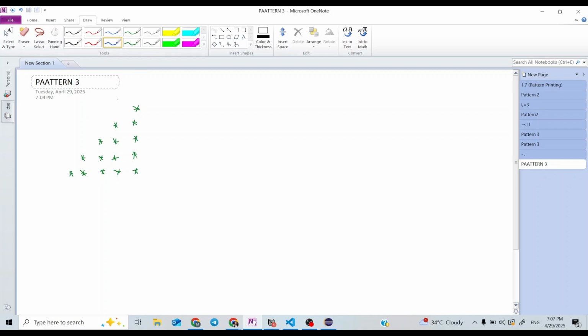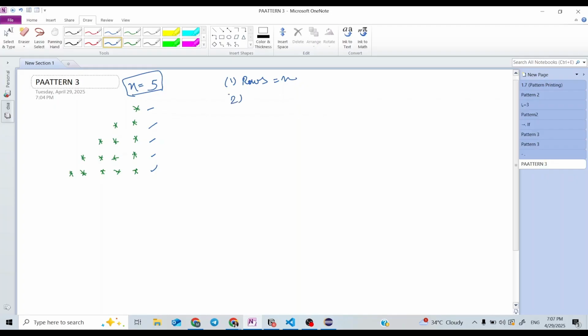Hello everyone. So in this video we will be going to solve this pattern. For n equals to 5 we have to draw this pattern. Okay. So let us start. Following the same three steps, the first step was to calculate the number of rows. The number of rows in this pattern are 5, that are equal to n only. So we can say rows are equal to n. This is our first step.